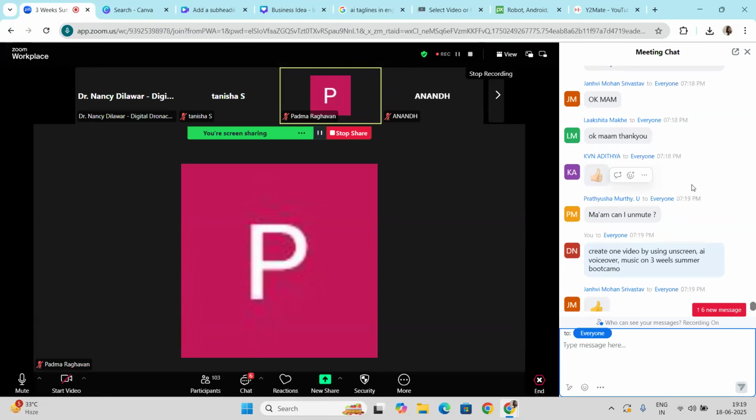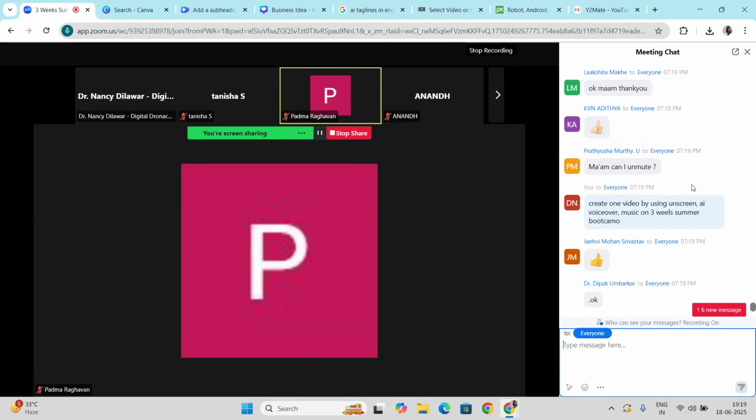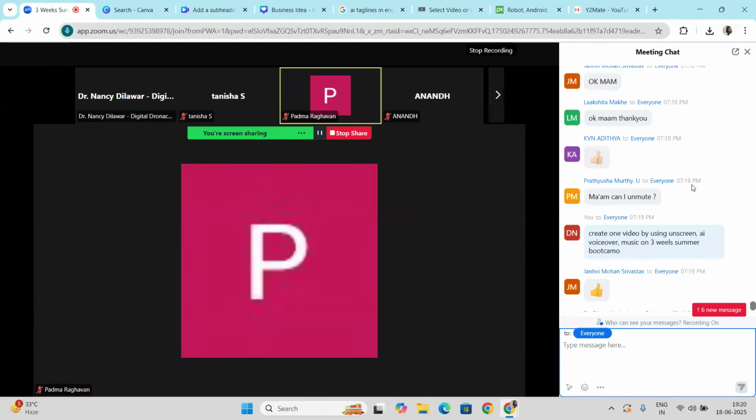Now, one by one, you can unmute if you have some doubt, or even you can write in the chat box if you have doubt. Now we are done with today's part. Those who want to leave can leave, and those who want to check out their homework, the previous homeworks of the second day, or have any doubts or queries and want to discuss, it's a good thing. If you want to stay in the class just to watch the queries, you can stay. Otherwise, from my side, today's part is done.